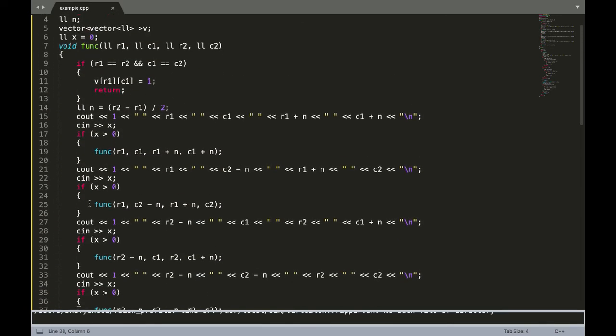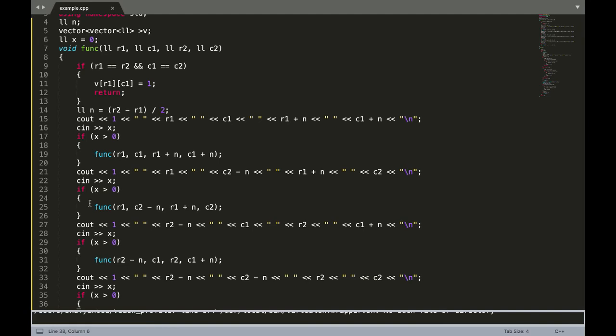So you just have to divide the R1, C1, R2, C2 big square into 4 smaller parts and recursively ask for each part. So this is a recursive code, and you can code it pretty easily by just finding out the coordinates of the top left as well as the bottom right ends of all the 4 sub squares of this big square matrix.